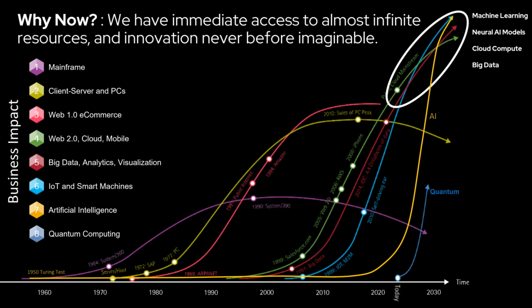So this includes things like neural AI models. This has really been a very, very big leap in the capabilities of natural language understanding. The availability of almost infinite cloud compute capability to end users to, number one, build these models, and number two, to execute these capabilities as quickly as possible, sub-second.